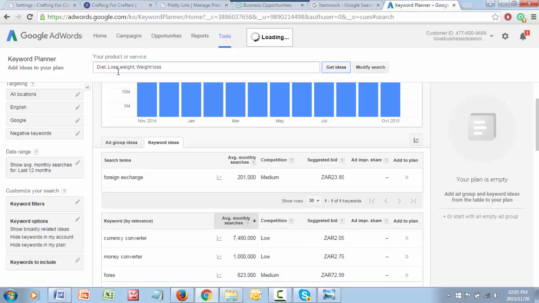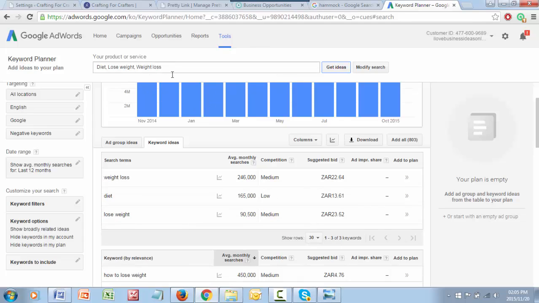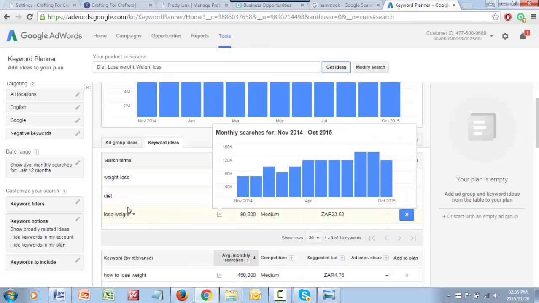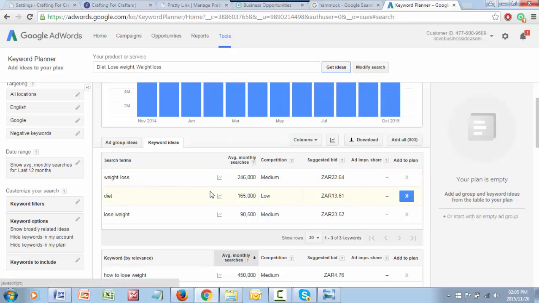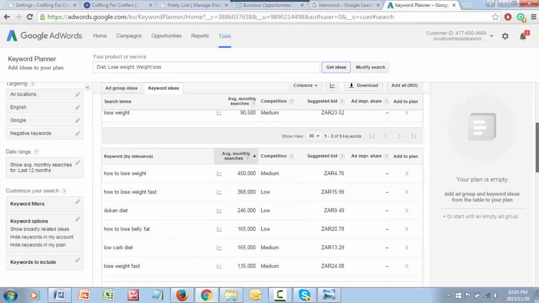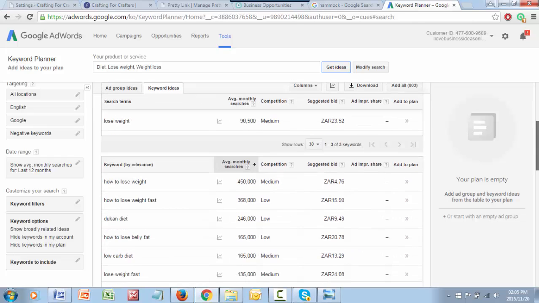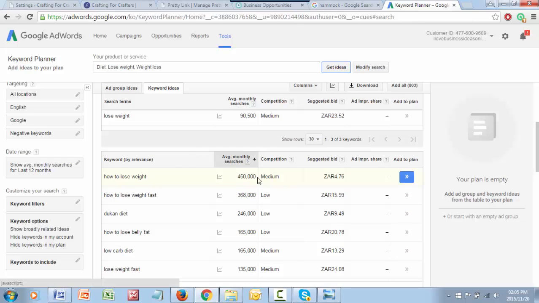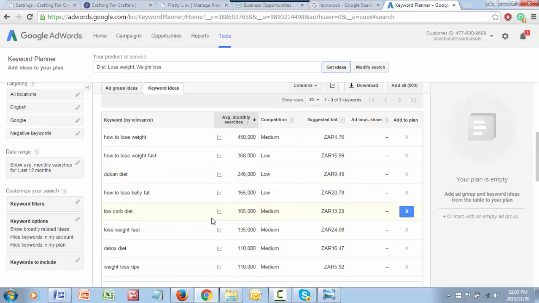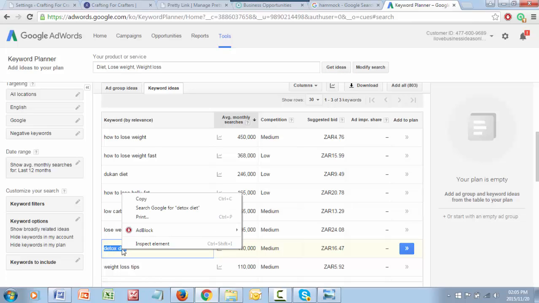So I hit diet, lose weight and weight loss as seed and core keywords. Okay, they come up with the very high numbers. Weight loss 246,000, diet less, lose weight even less. But they're not the highest. How to lose weight is the highest. People, how to lose weight fast, really. And then you start to do brands like whatever a Detox Diet is, Detox Diet. Now this to me is a cool one. So if you took the word Detox Diet